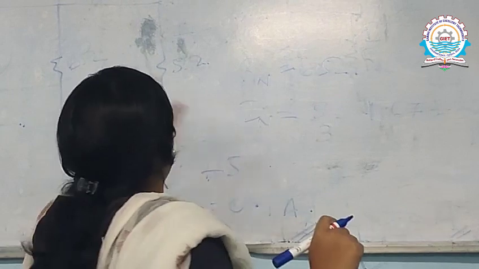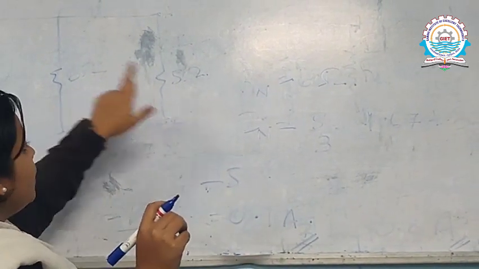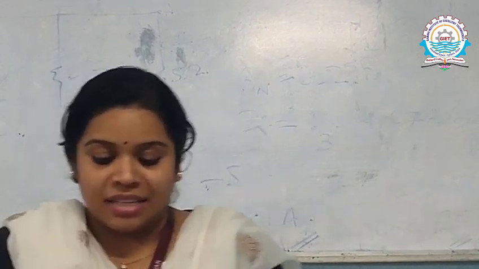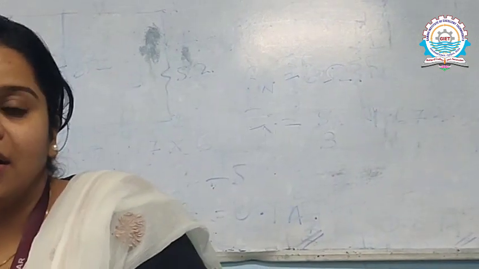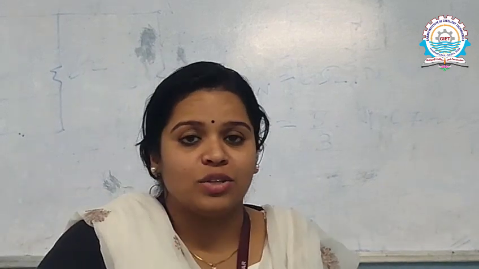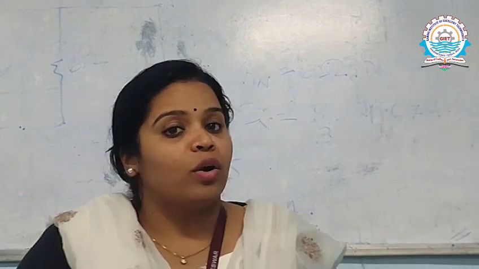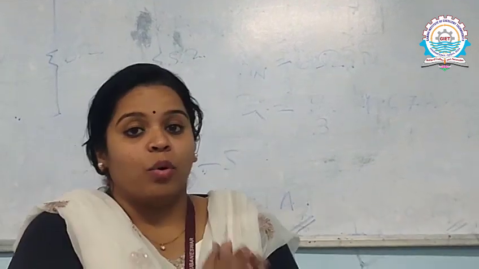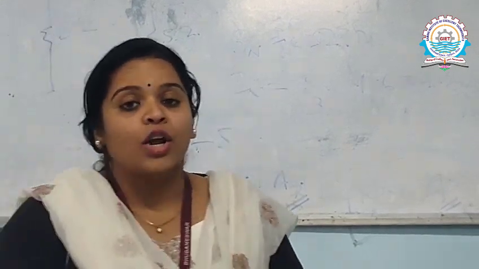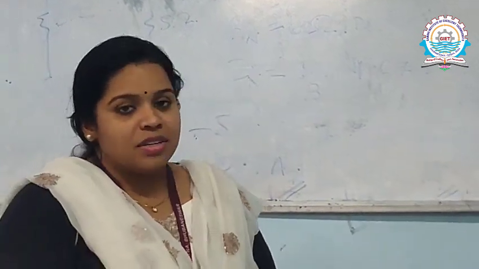So hence, if we draw the Norton's equivalent circuit, we will have IN in parallel with Rn and in parallel with your RL. So this is your Norton's equivalent circuit. The only difference I will say is, in Thevenin's we go for the voltage part, and for Norton's we go for the current part. There the RL part is opened up, and across that we find out the VTH. Here the RL part is being short circuited, it is removed, and across that we are putting a short to find out the IN current. So this is the only basic difference, and thank you for this. Thank you for watching.